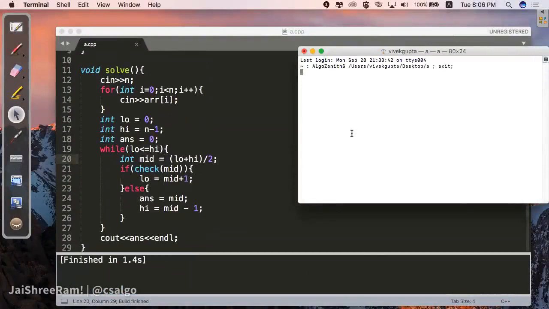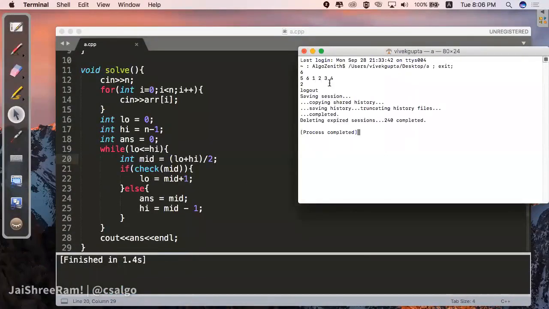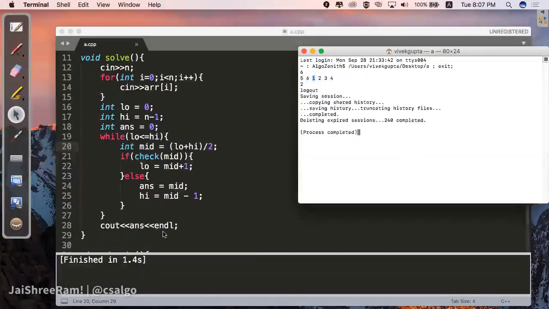So let's say we give it the same input 5 6 1. It should give us 2, because when it's searching for the element, this is the index that it will stop at. So the answer will be equal to 2. So we get the answer. Okay. So now,